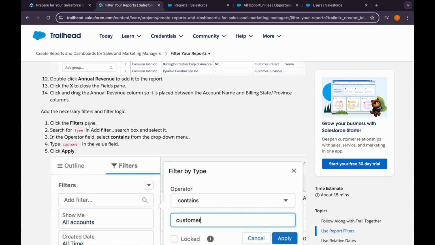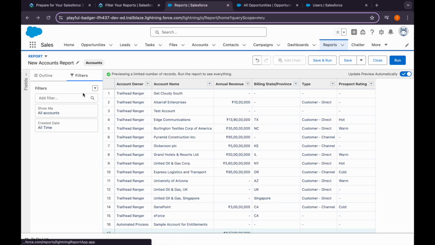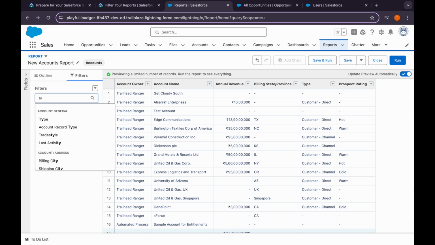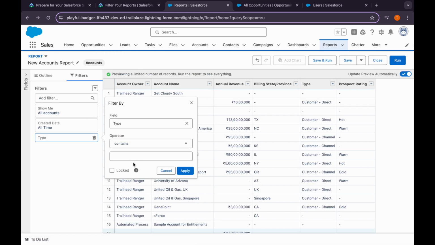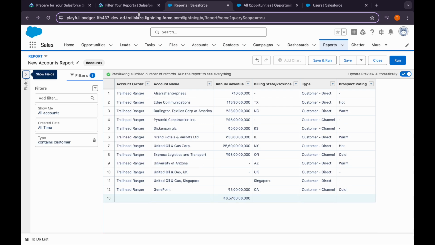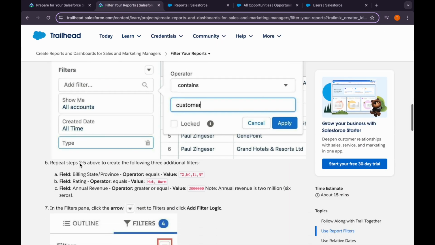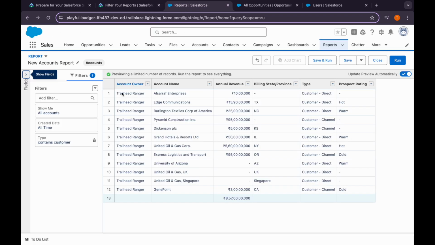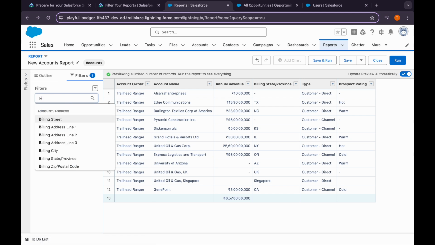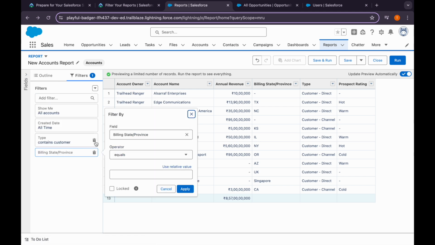Now we need to click to the filters pane and type which contains customer. So I'll go to the filters and then select type, not equals but contains, and then type in customer and apply. So we have our filtered report here now. Now we need to do this for billing state, which should be equal to this. I'll copy these values, typing in billing state province should be equals to